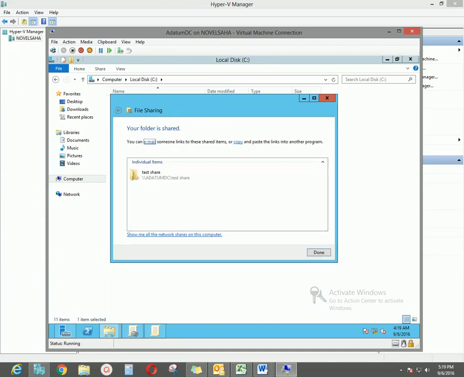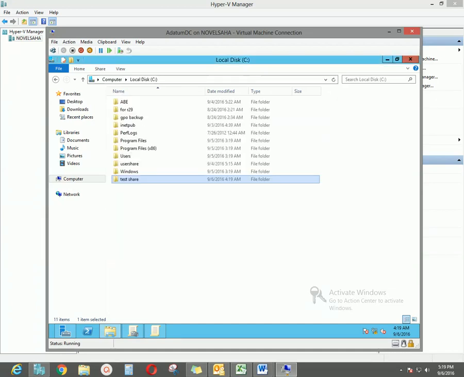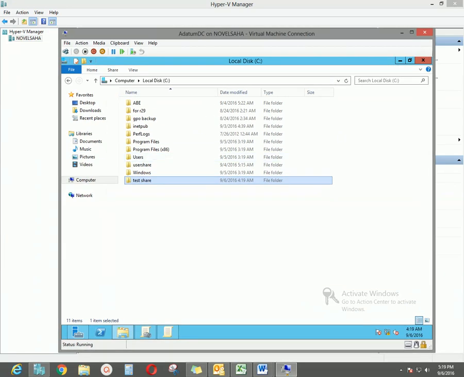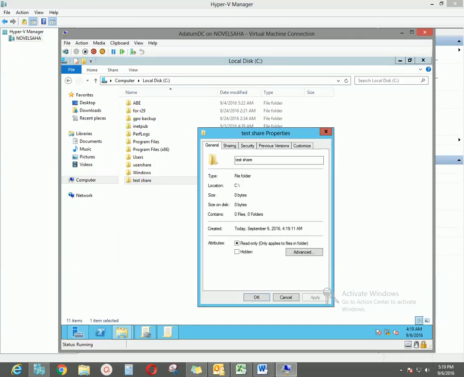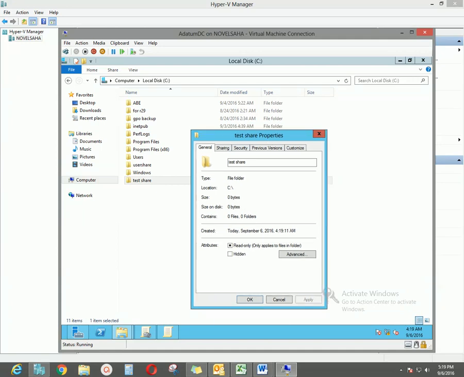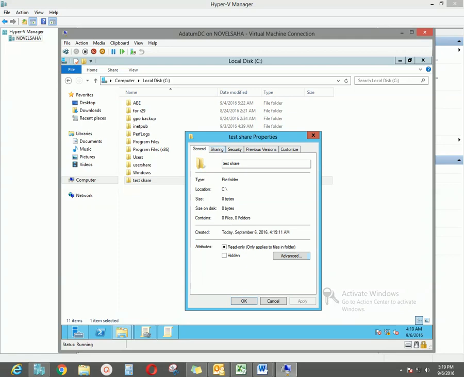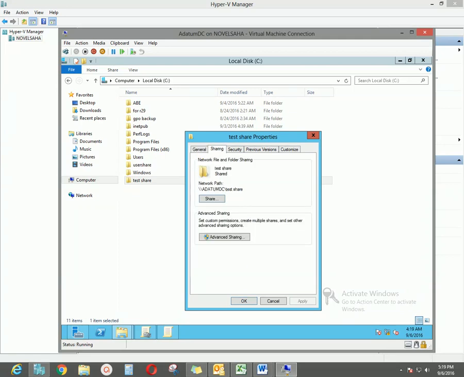So now this folder has been shared. Click the done option. Well, to apply policies, we just need to take the UNC path, the share path. So just right click and go to the properties option, and from the sharing tab you will see the network path. Okay, so to avoid any typo, just select it and copy it from this window,